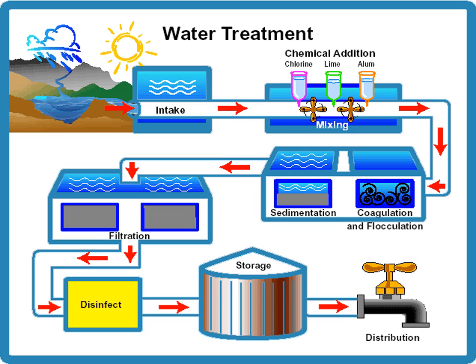So here's a picture of the process that I just described. So up at the top left-ish, you have intake, so that's water collection. And then you have lime and alum, which makes it clump up. Then you have coagulation, which is where it clumps up into bigger pieces called flocks. Then sedimentation, where all the sediments settle to the bottom. And then water is filtered, chlorine is added, and it's stored. Then from storage, it's distributed to our homes and our schools and everywhere else that you see that you have access to clean drinking